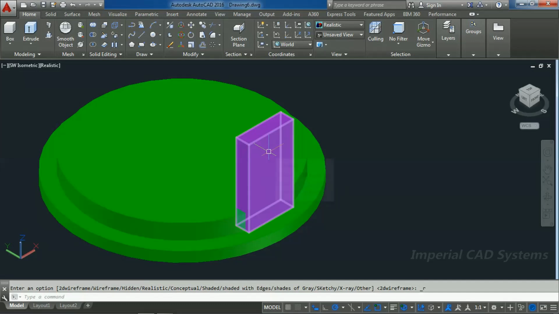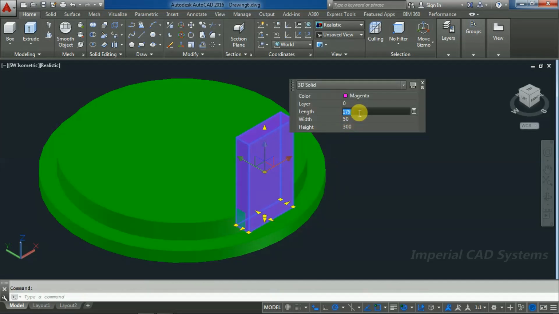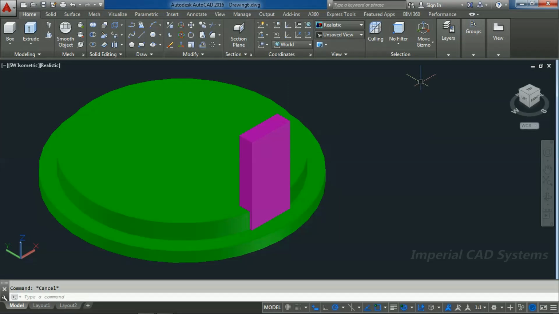Then I slightly reduce the length, 150 I give. Okay, 150 is enough. Then 150 width 50, height 300. Then